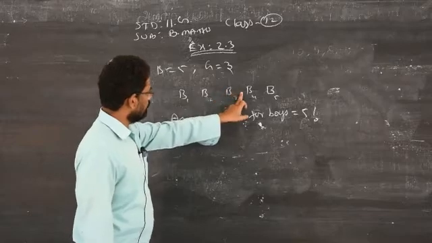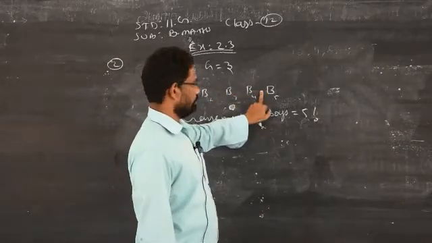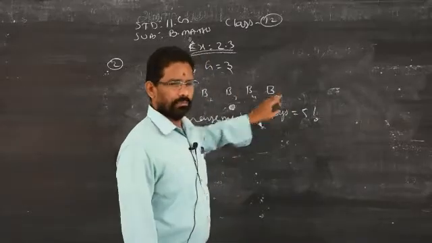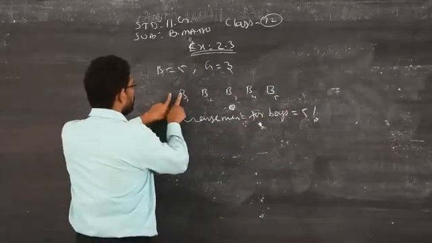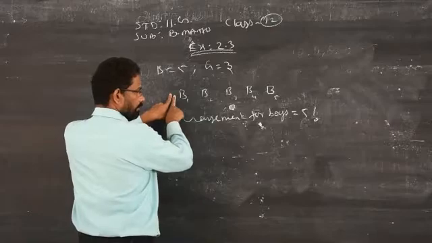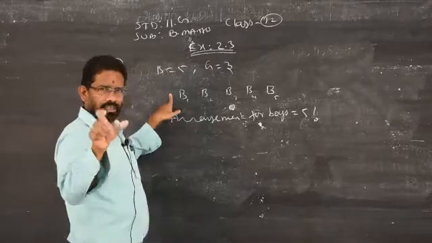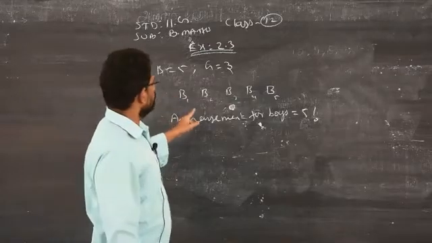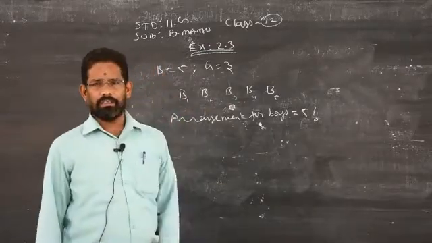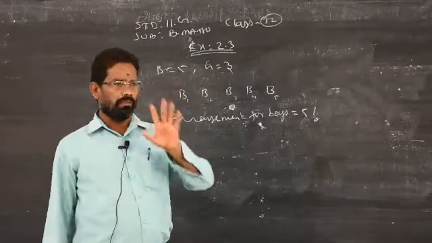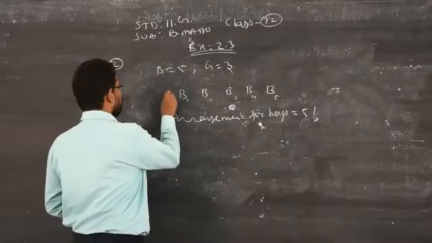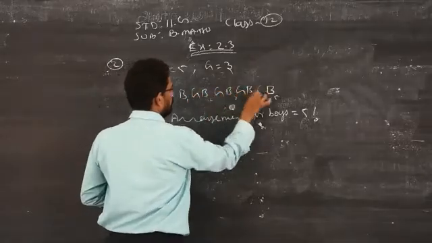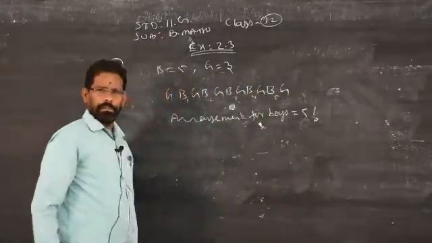This is also called between the boys. This is also called between the boys. But these 2 places are also there, because the girl is allowed to sit in front of the first boy. The condition is only that they do not sit together. That's all. It is not given that the girl has to sit only in between the boys. Not like that. Girls do not sit together, which means the girl can occupy here also, here, there. Clear?